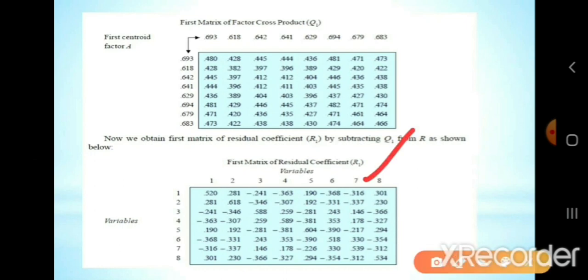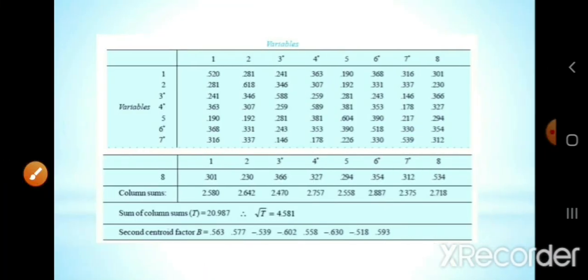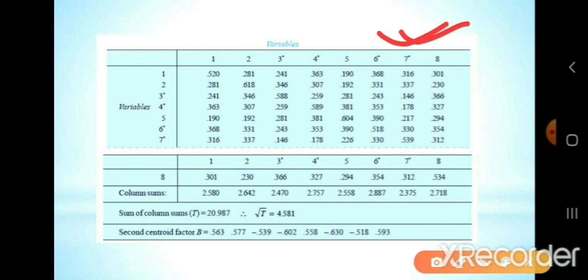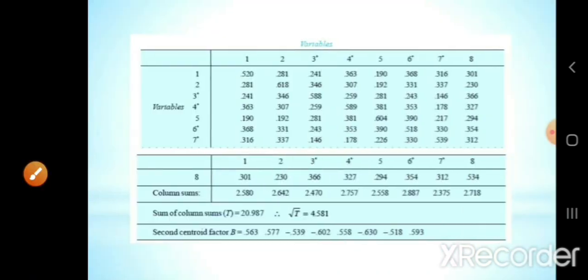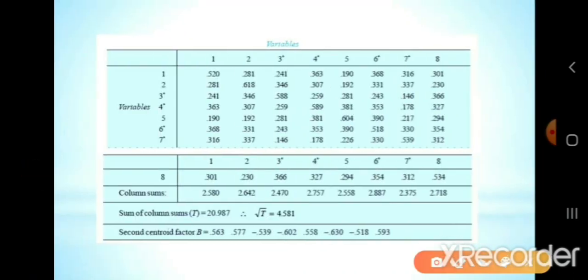we will remove all the negative signs from this residual coefficient matrix and we'll get the complete matrix this way. We have removed all the negative signs from the residual coefficient matrix. Okay, so we have selected 4 variables, 3, 4 and 6 and 7